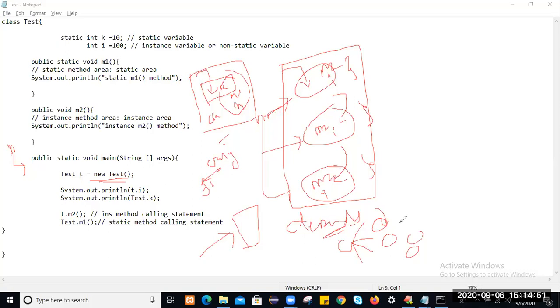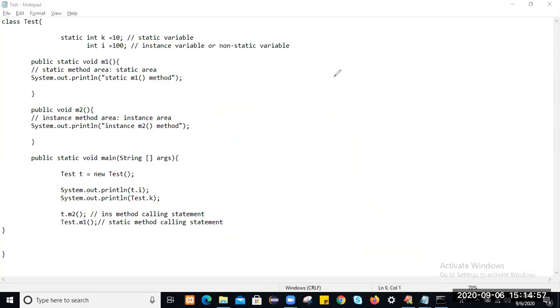Similarly, in Java memory management also, if you create objects multiple times, the memory will get allocated for the instance members of the class, and duplicate copies will be created. If duplicate copies are created, obviously the performance of the application will be reduced. So in comparison to instance members, static members are better. Just write down one statement.